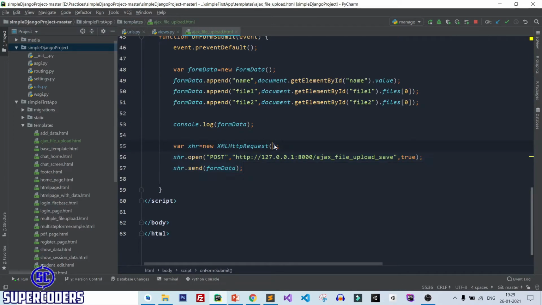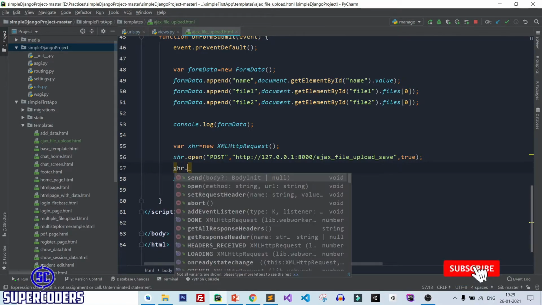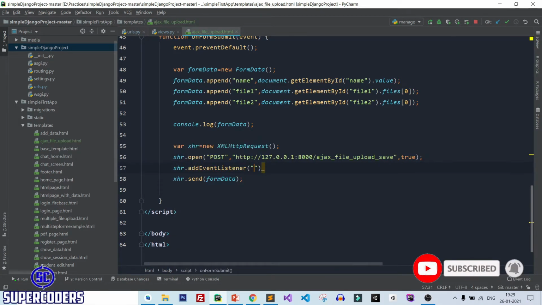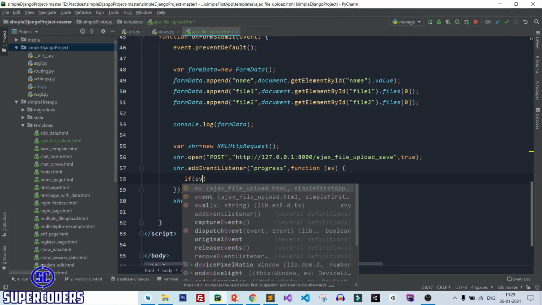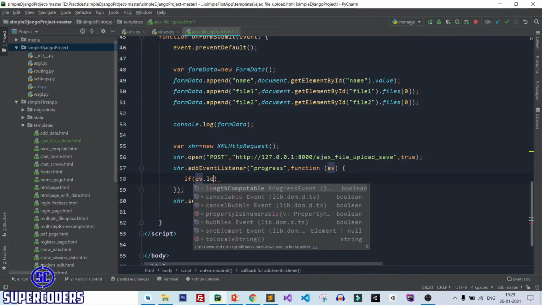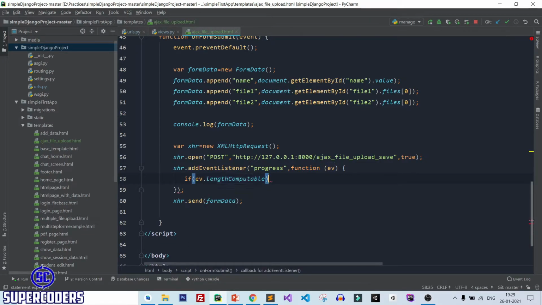Come to this form, and here you need to add an event listener. So simply xhr.addEventListener, adding the event listener progress. After that, a function, and here if event.lengthComputable, after that, simply print it with console.log.